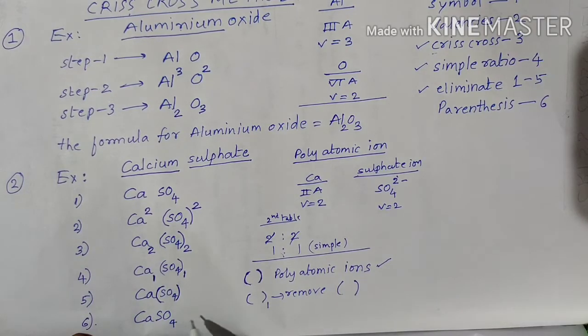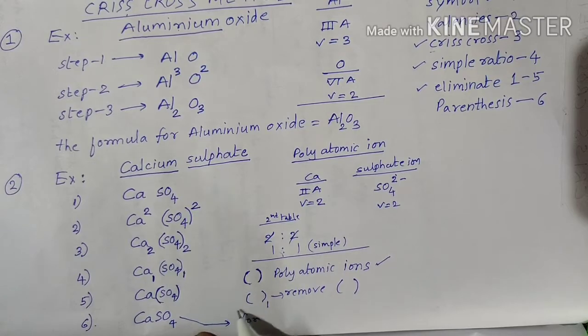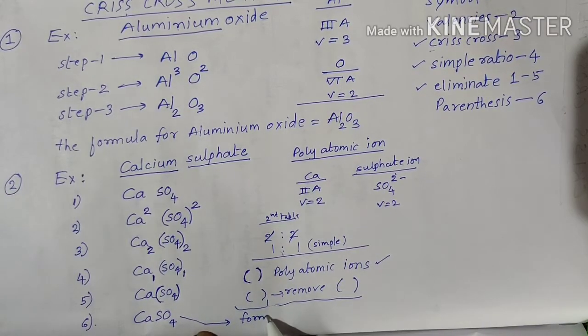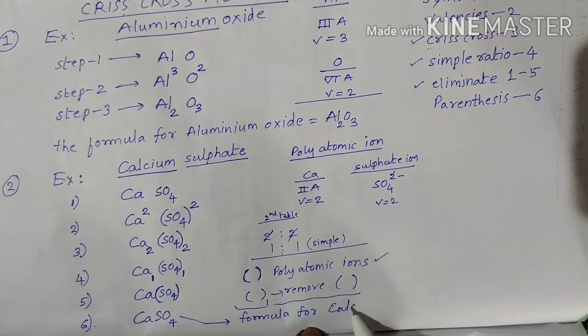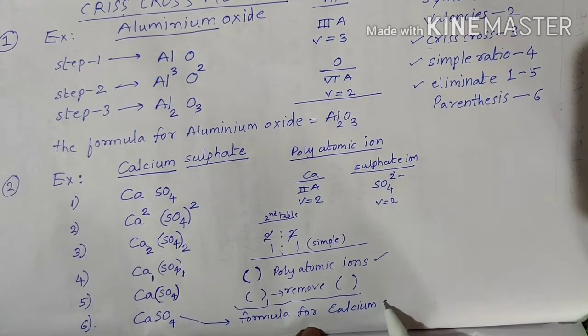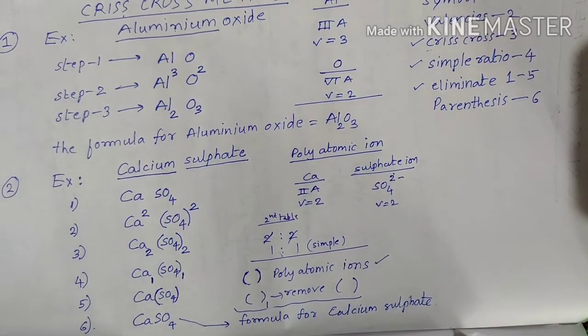Now we got CaSO4. CaSO4 is the formula for calcium sulfate. In this way we can write